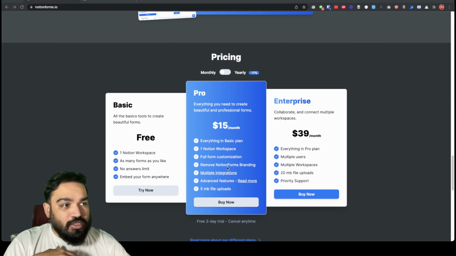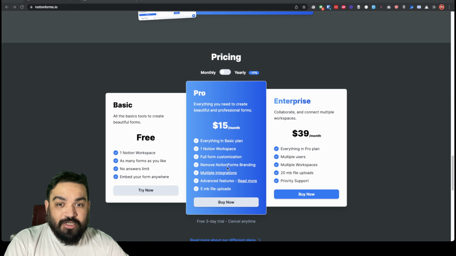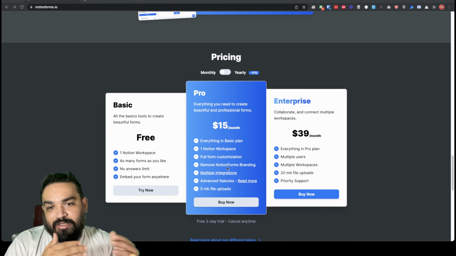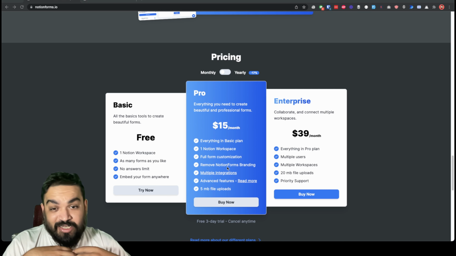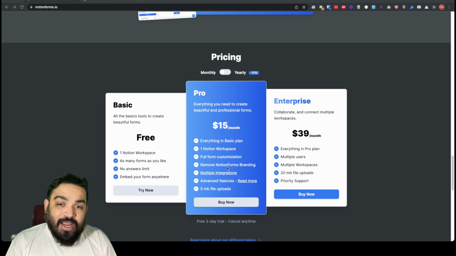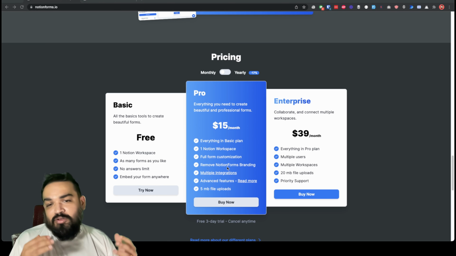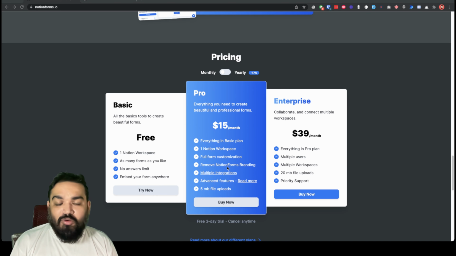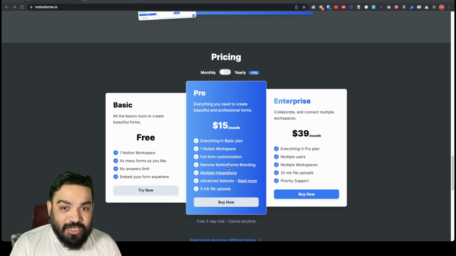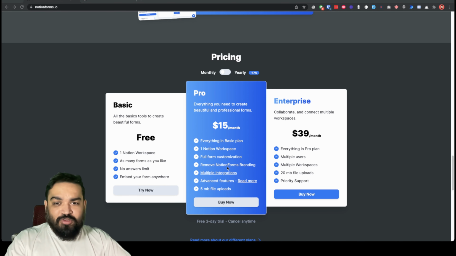And if you go beyond the pro plan, you can have multiple users and multiple workspaces linked to just one single account, right? But at the end of the day, I think the default feature that you can still use as part of the free plan is to be able to create forms without coding and without the hassle of worrying about how to create a form and write code, and simply link it directly to your workspace where you want to store the data and get going with your form, right?